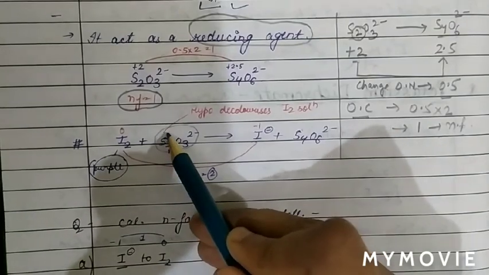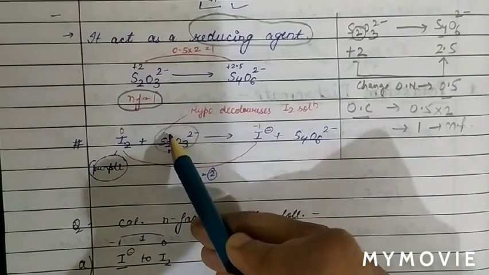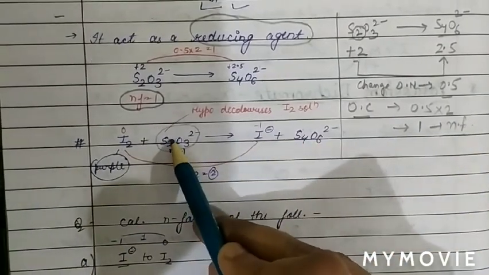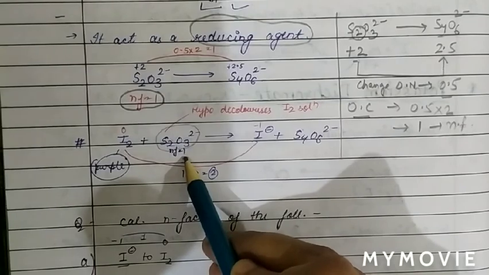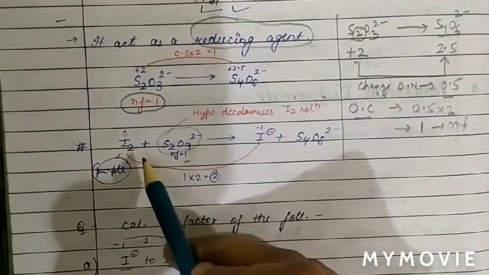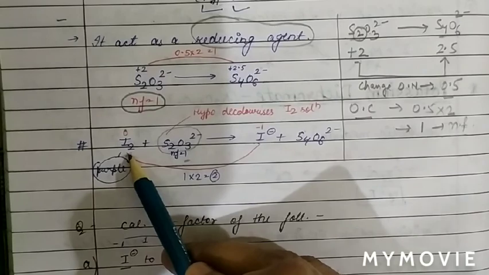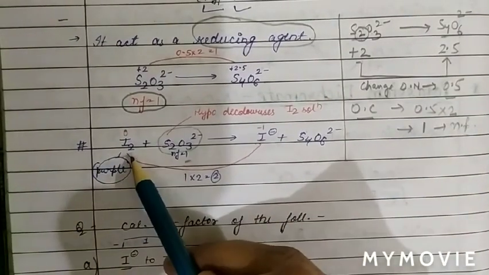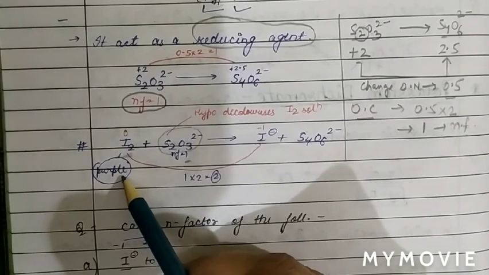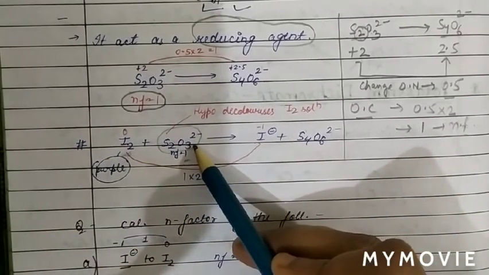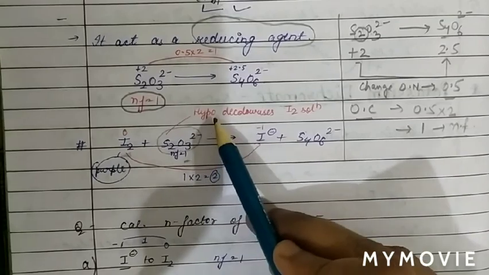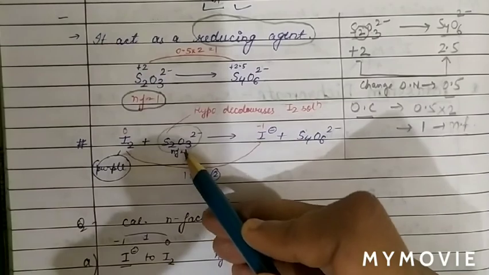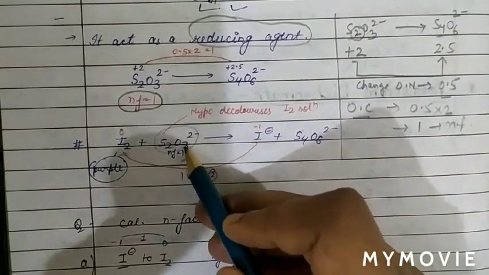And also we know hypo solution basically acts as a reducing agent. So it reduces I2 into I minus. So decrease in oxidation number from 0 to -1. As we see, for one atom, the change in oxidation number from 0 to -1 is basically 1. So change in oxidation number for one atom is 1. How many atoms are there? 2 atoms. So for the overall change, the n factor, multiply the change in oxidation number by the number of atoms on the left. So 1 into 2 equal to 2. So n factor for I2 is 2, while the n factor for this compound is 1.